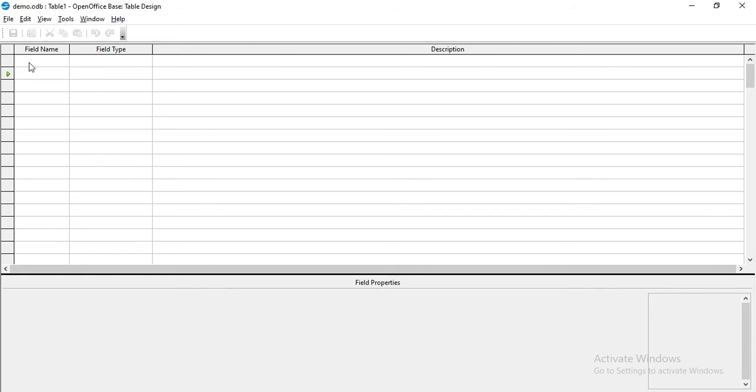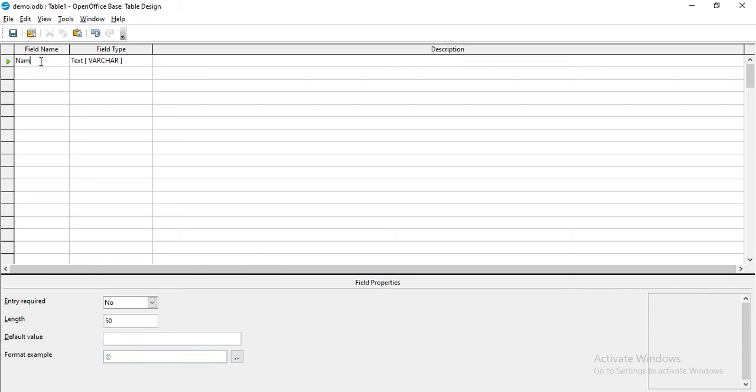For example, in field name, I will write Name. As it is a text format, I will use the field type varchar, and in descriptions I will write the length of 50. Second field name, roll number.